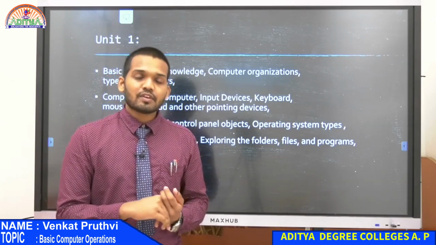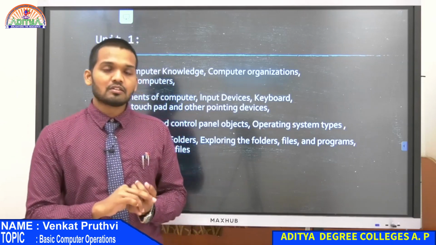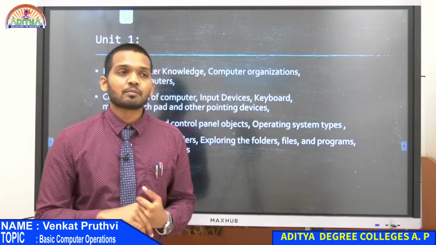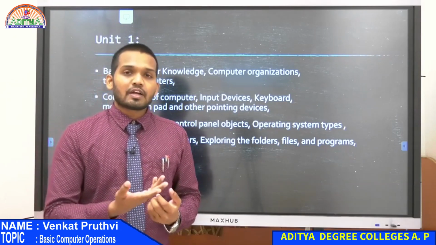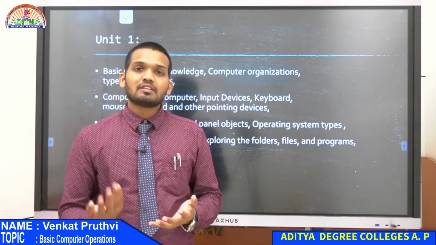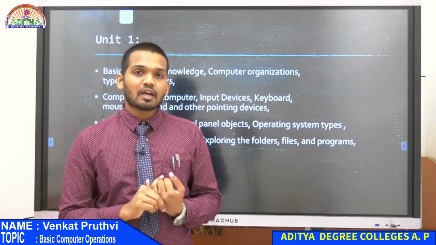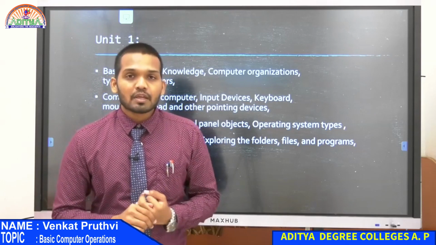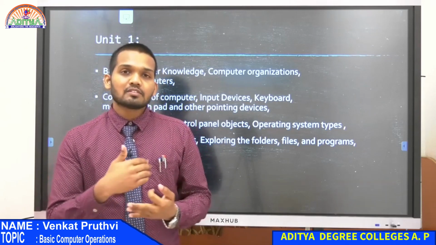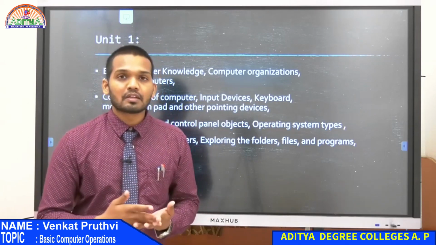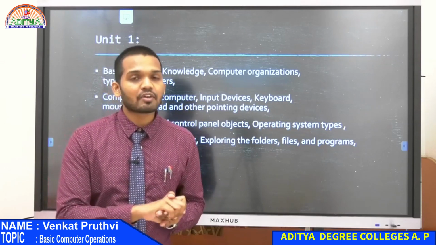These are the two issues we had with vacuum tubes, because they had so much heat generated outside and it was very difficult to maintain them. Also, they were not accurate. At the same time, they didn't have the durability. These are the issues that we had with vacuum tubes.